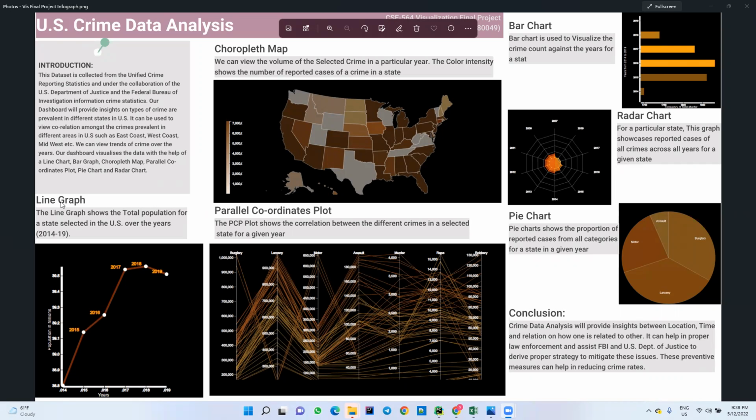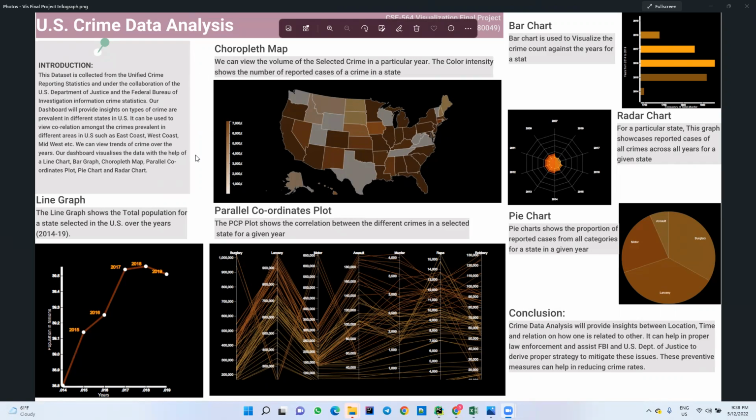The first one is the line graph. In the line graph we show what the population growth is over the years in a particular state, as you can see from 2018 to 2019. Then we have created a Choropleth map. Based on the population density, we can see the total number of reported crimes in all the states in US